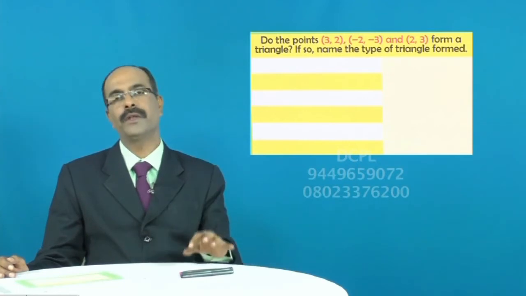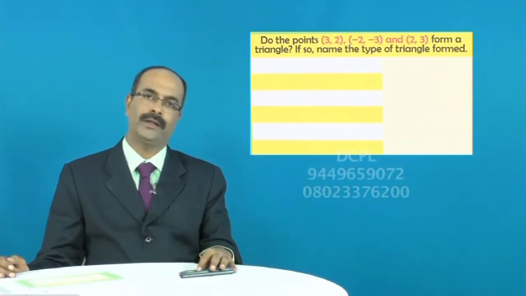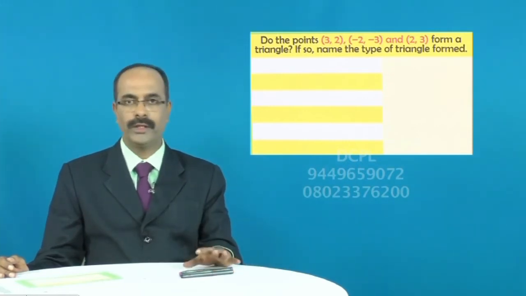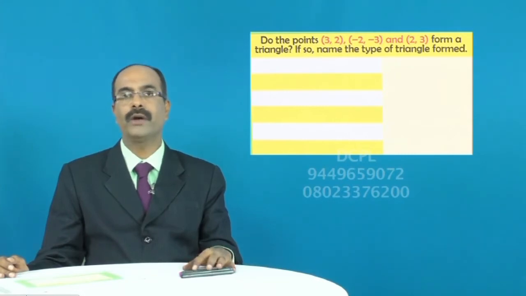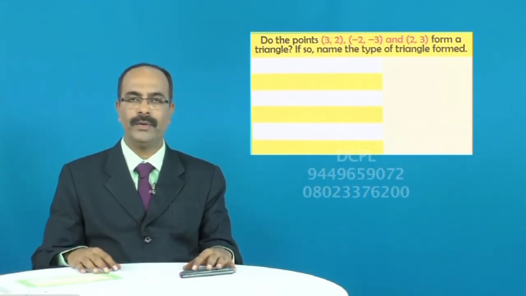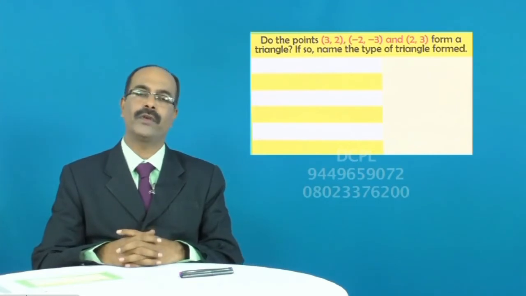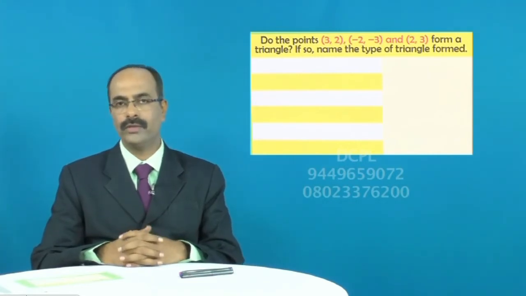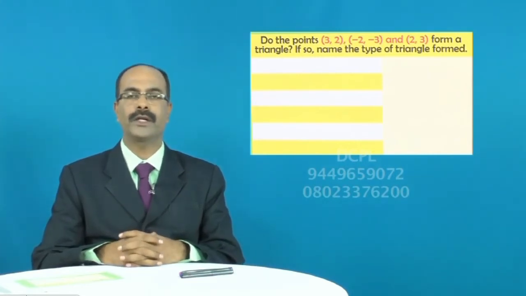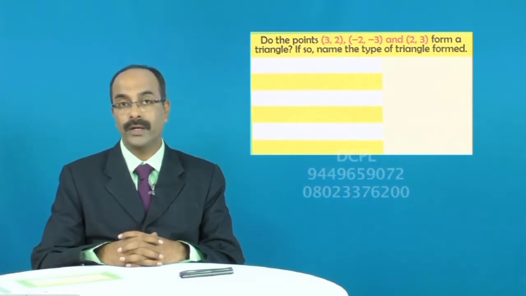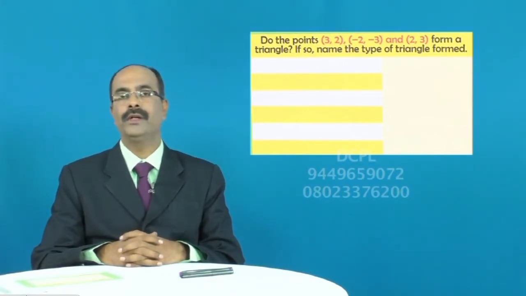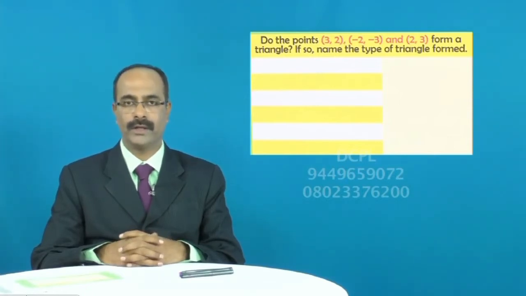Must know the relation between 3 points and a triangle. When do you say 3 points form a triangle? 3 points form a triangle if they are not forming a line. Then you should understand when the 3 points form a line. 3 points form a line if the distances between the 3 points are such that the sum of any 2 distances is equal to the third distance.